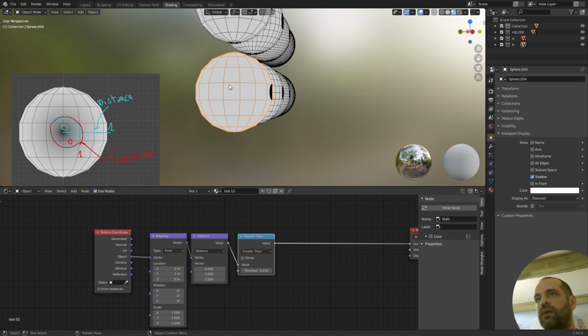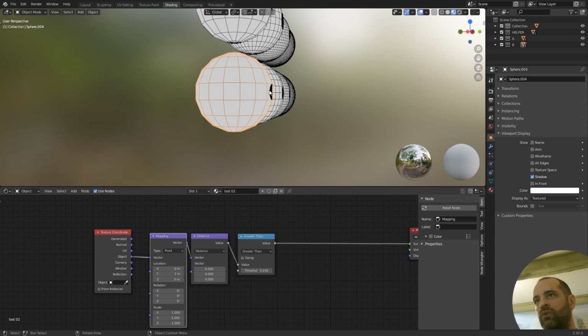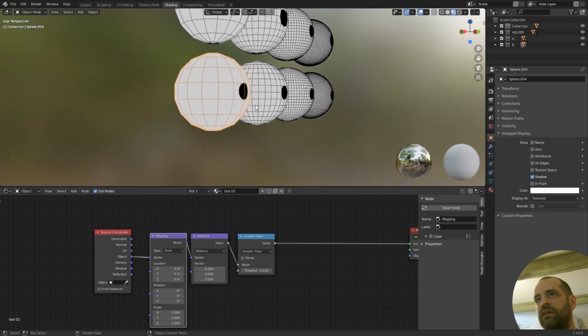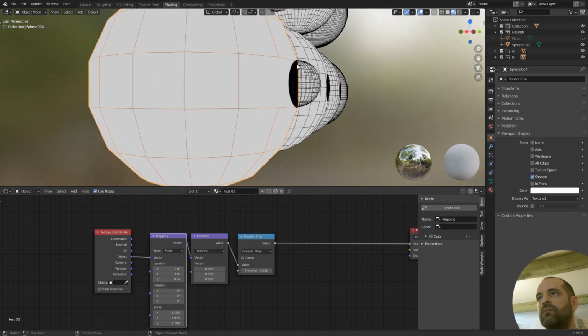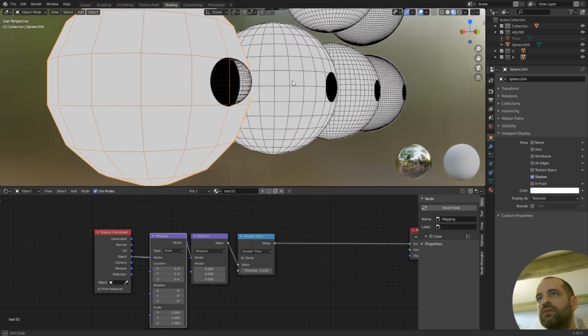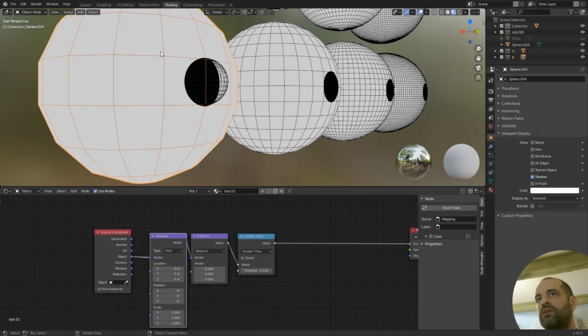So we get a small black sphere in the middle of the shape, and then with mapping we are moving it to the border. So in this case, it's like doing this, like using a sphere to cut into it. So no matter what we have here, the shape will be